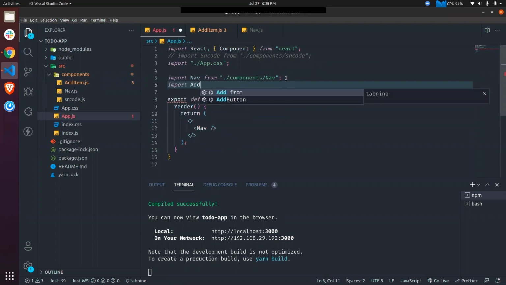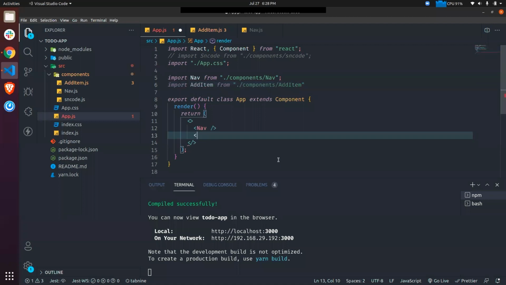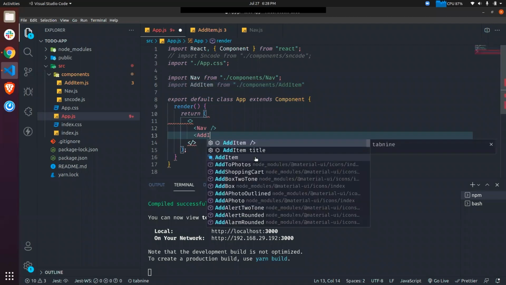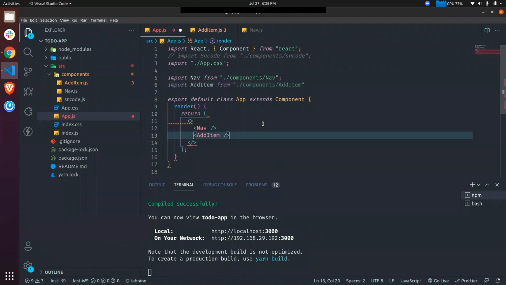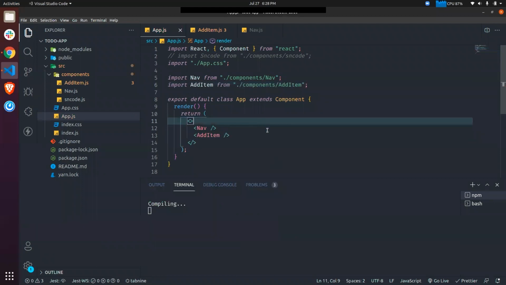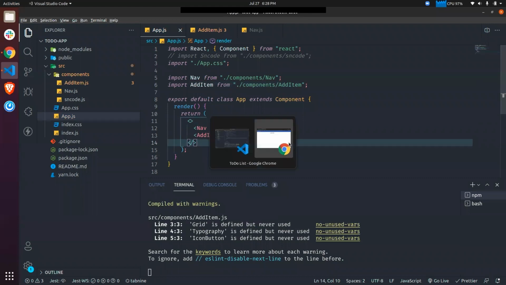We'll write import AddItem from ./components/ followed by the name of our component, which is AddItem, and below this we'll add AddItem. It's a self-closing component. So let's save it, and have a look at what we got.